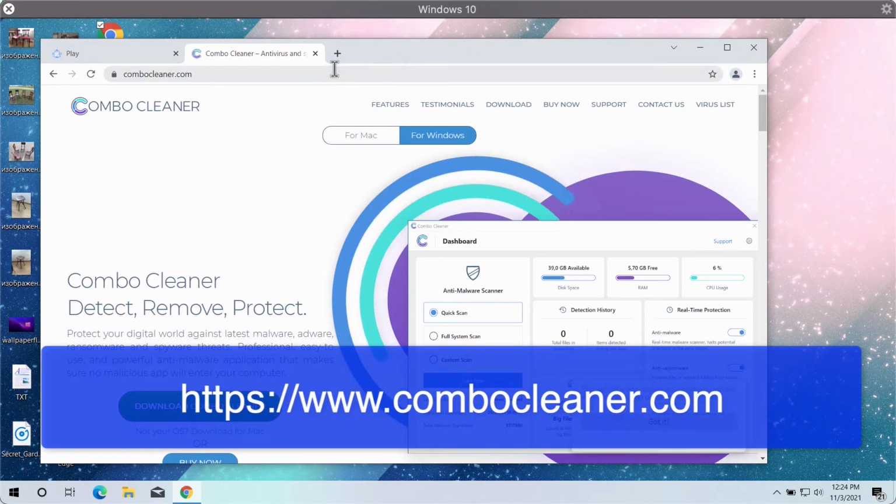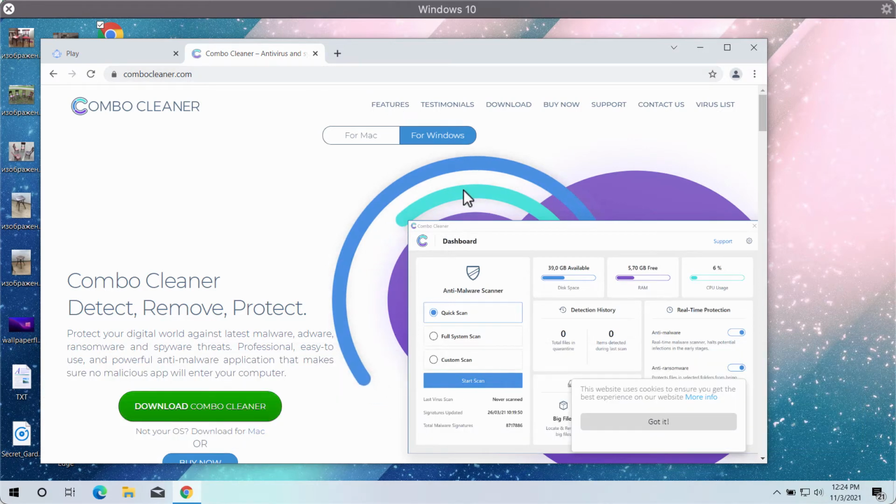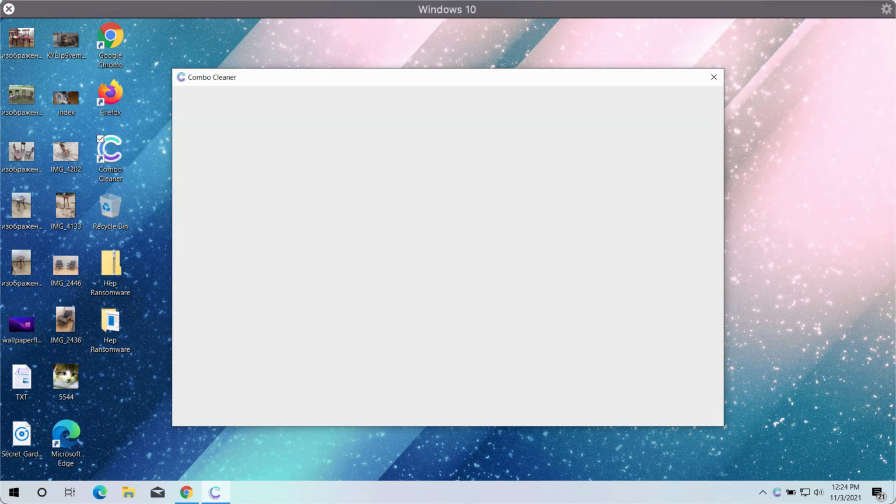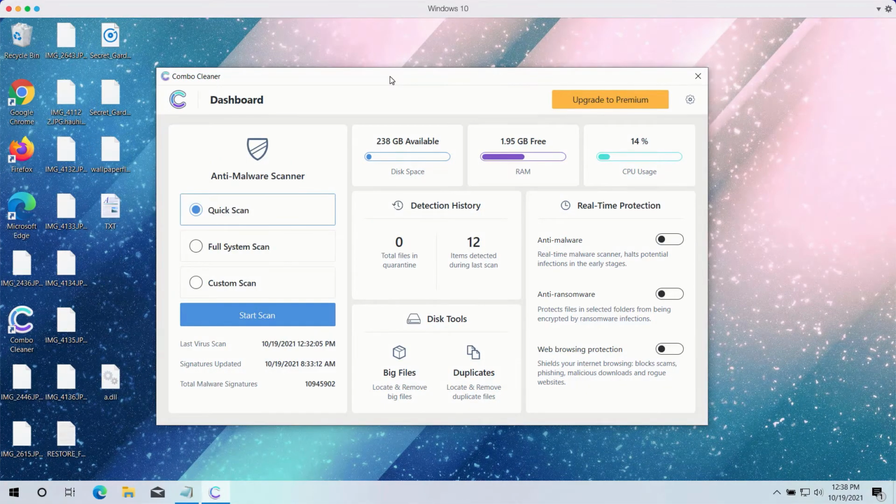However, I also recommend you to examine your computer additionally with the Combo Cleaner antivirus. You may get its fresh version on the page combocleaner.com, download the application, install the software and start researching your computer with its help. After you have successfully downloaded and installed Combo Cleaner antivirus, you need to select your preferred